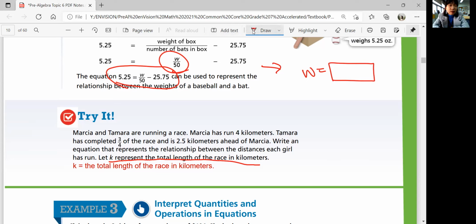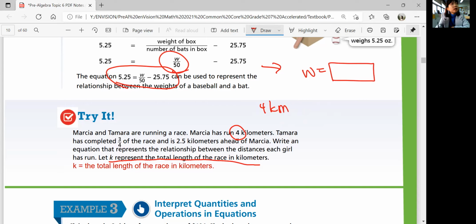First of all, you need to identify the important information. Marsha ran 4 kilometers. And so Marsha plus Tamara's should be the total, right? So that's K. Marsha plus Tamara is K. But we know Marsha ran 4 kilometers. Wait, the total length of the race in kilometers. Oh, so never mind. I'm sorry. So we know Marsha ran 4 kilometers, and